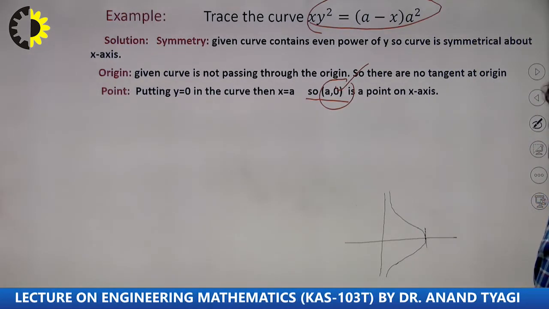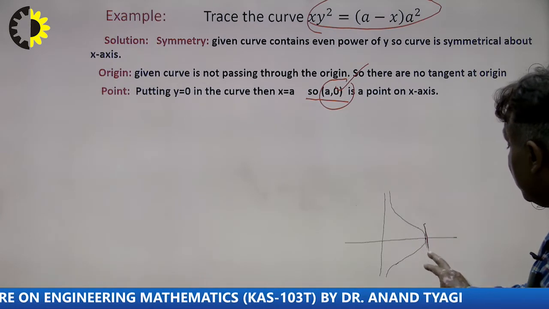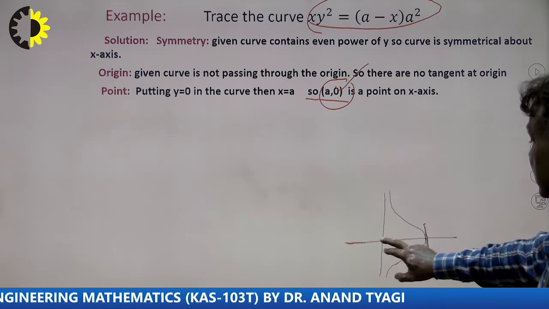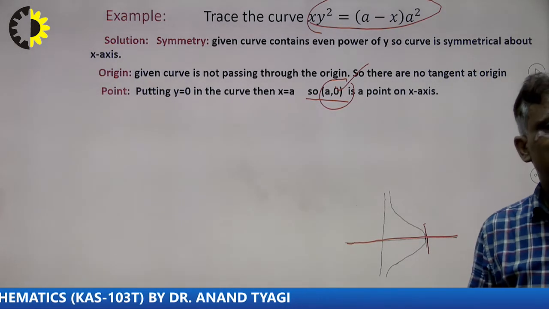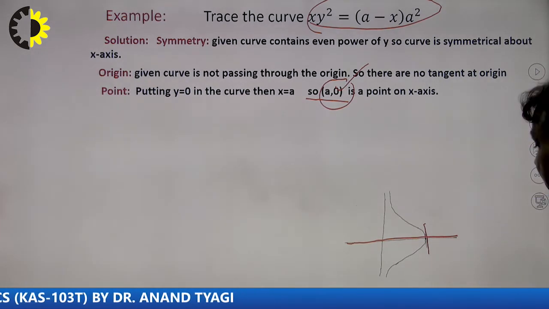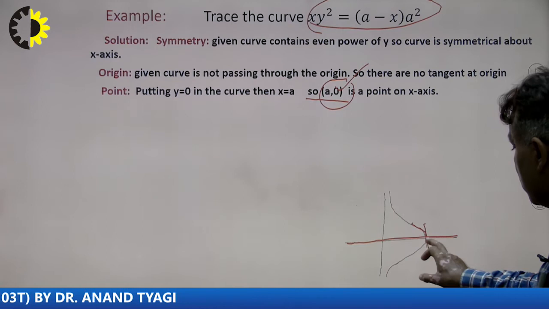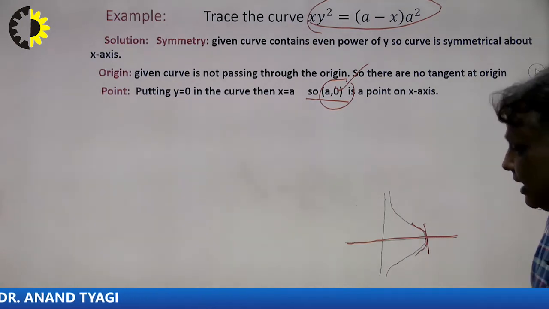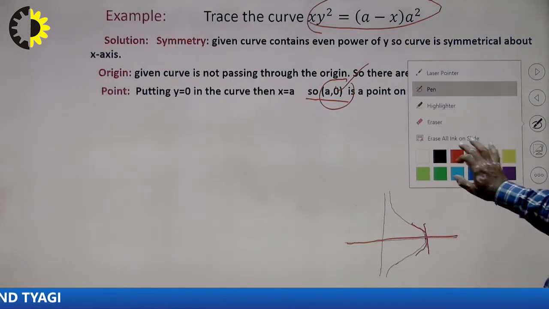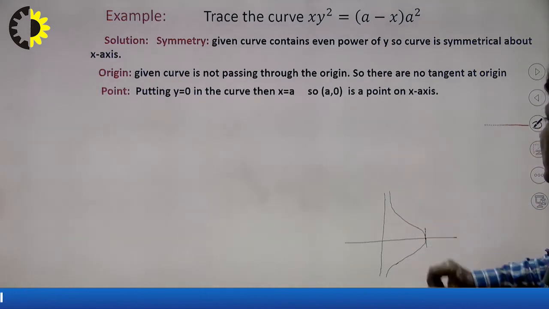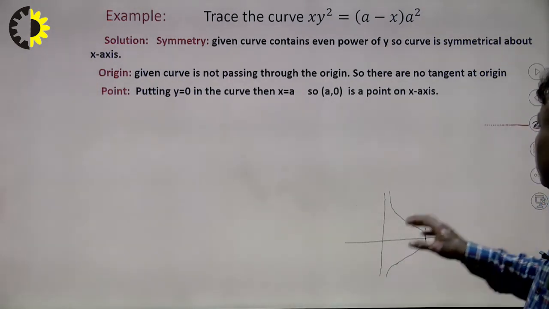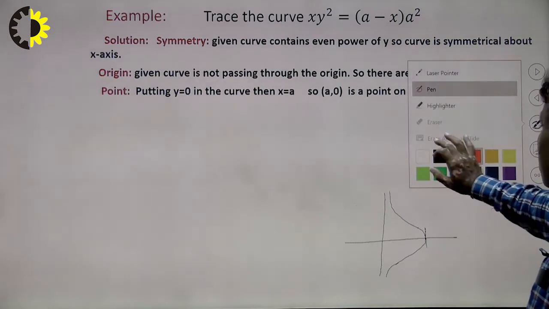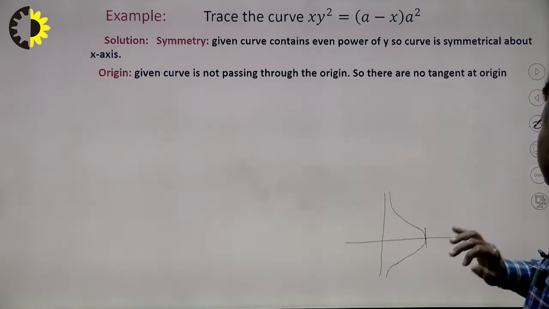Now the question is what will be the nature of the curve at this point? Because the curve is symmetrical about the x-axis and the tangent is y, both are different. So the nature of the curve will be a node here. So I write here this is the node because this is the tangent. So in this way we find out the nature of our problem, right? Students, keep in mind when we solve the problem, the sharpener plays the most important role here, right?